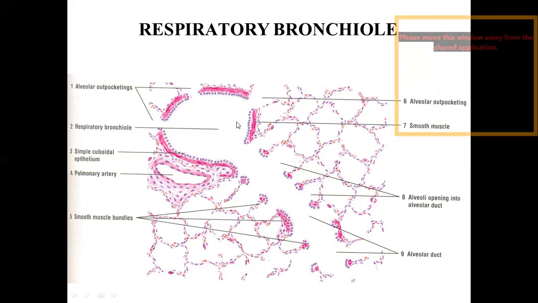In short, the respiratory bronchiole also have some out pockets through which the air can shift from alveoli to inside. So pressure remains maintained. The respiratory bronchiole will end into alveolar duct, which will open into alveoli. Many alveoli are opening, as you can see. So they will open inside the respiratory duct. So this helps in air conduction and exchange.